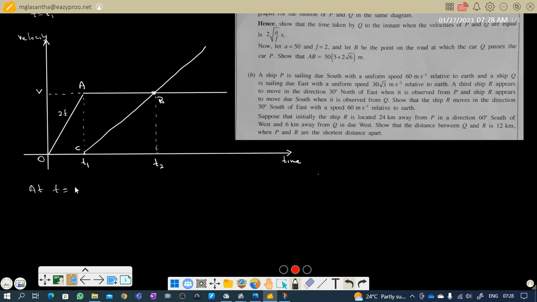At t equals t2, velocities are equal. Take it as v. Then if you take this point capital D,